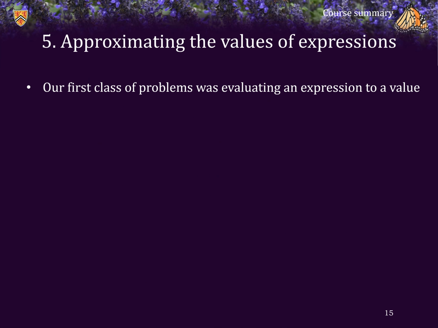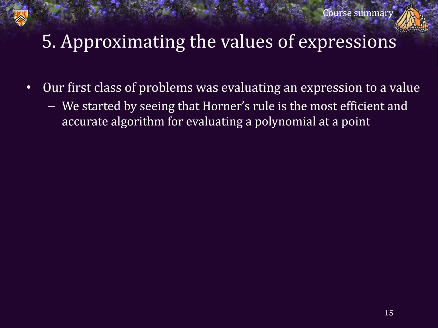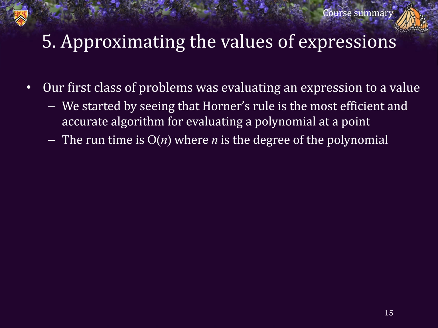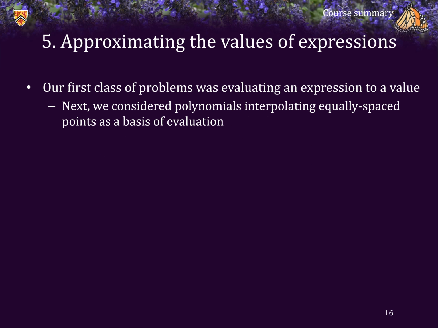So, our first problem was evaluating an expression to a floating point number. We started by seeing that Horner's rule is the most efficient and accurate algorithm for evaluating a polynomial at a point. The runtime is order n, where n is the degree of the polynomial, and this algorithm required a minimal number of additions and multiplications. Our first class of problems